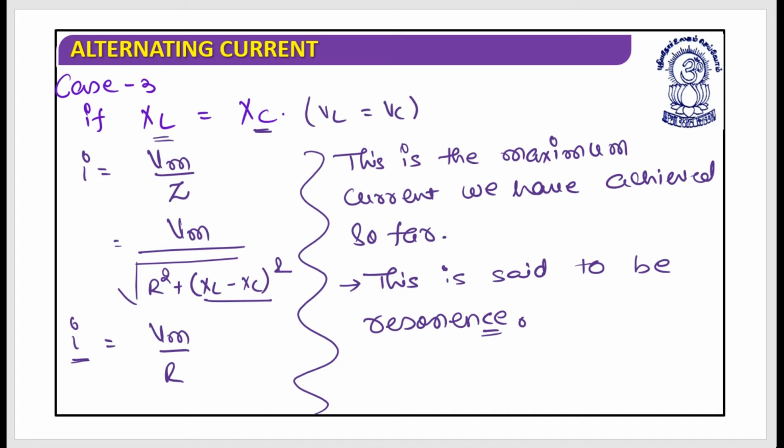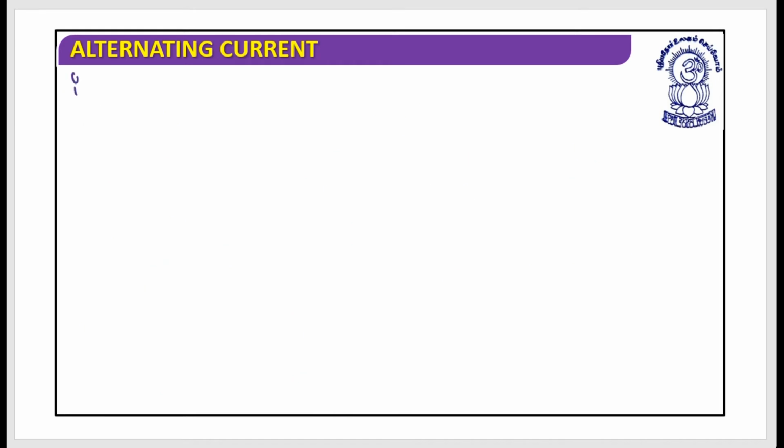We discussed three cases. One, VL greater than VC, which is the case of XL greater than XC. Another, VL is less than VC, where VC is greater than VL. And in this case, both are equal, XL equals XC. So in this situation XL and XC would be the same. But if they are the same, I could identify that if XL equals XC,